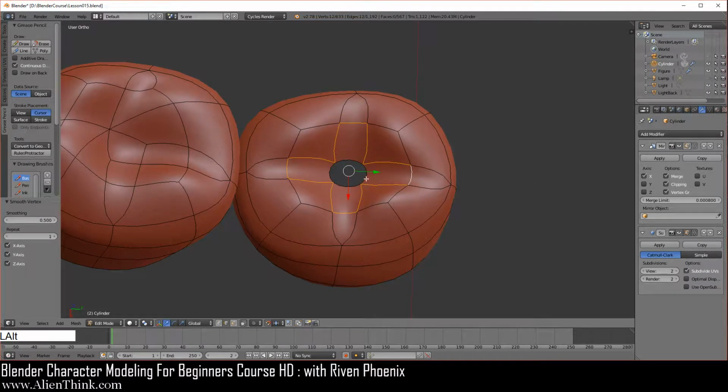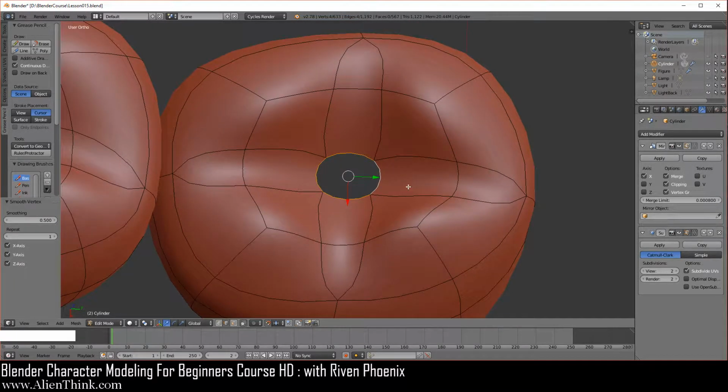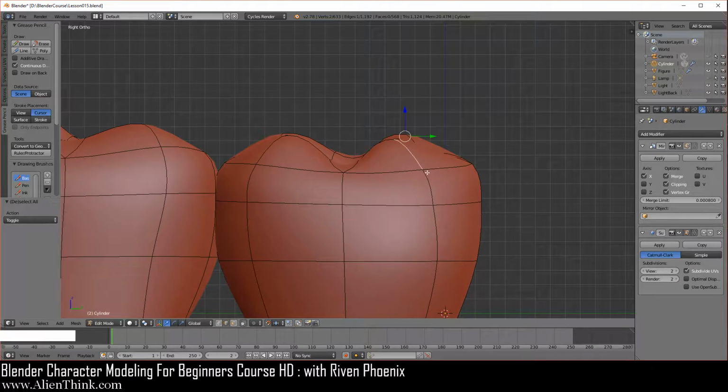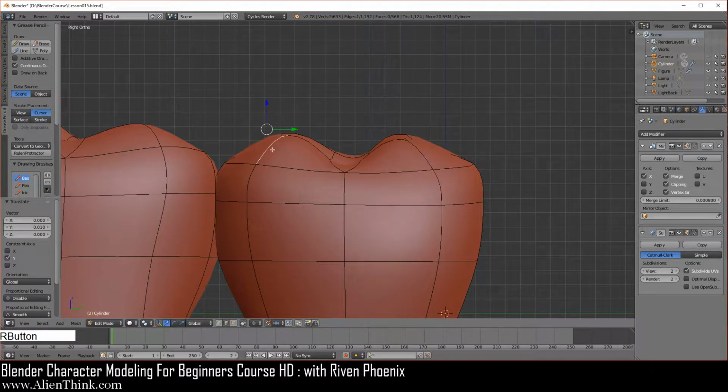Press the Alt key down, click on this edge loop over here, press the F key over here, Alt A to deselect. Now we're going to actually move this edge over here, so I'm going to select it, press the 3 key. So shift key down, and this one we're going to move it to the right one time over here to align it, then click on this one and take it to the left one time over here.